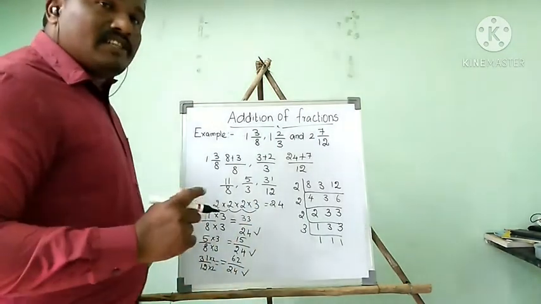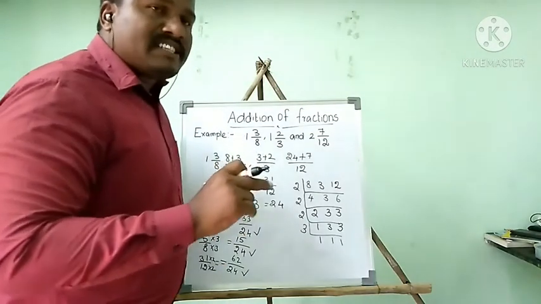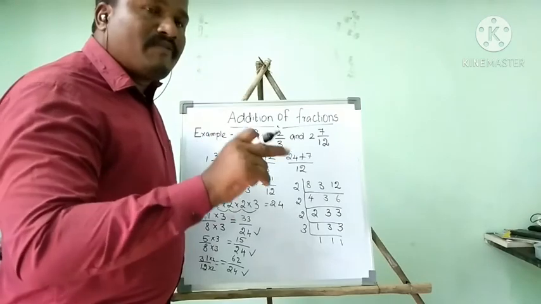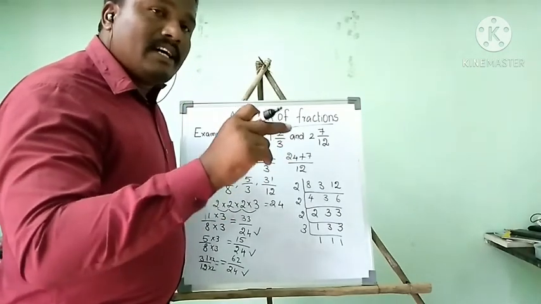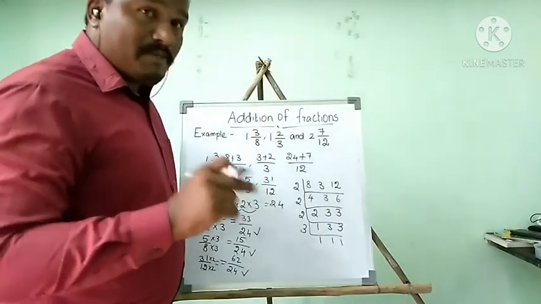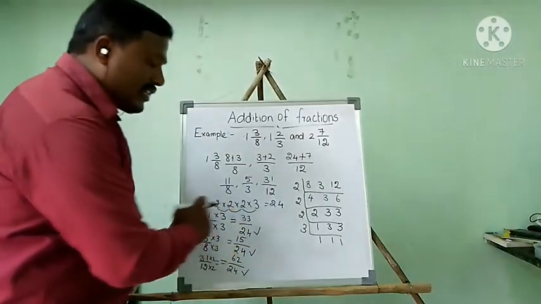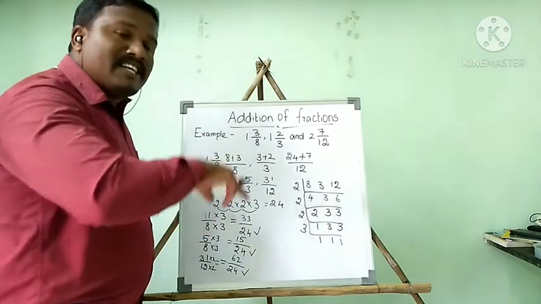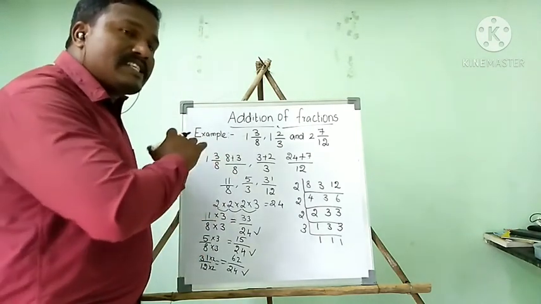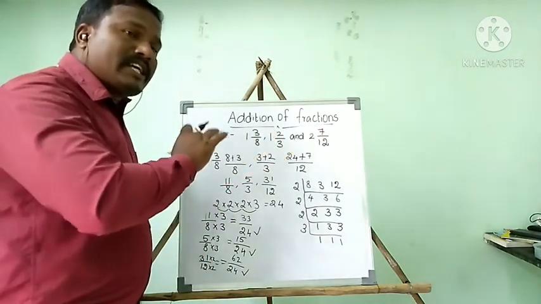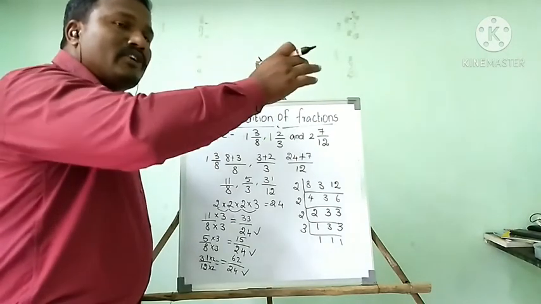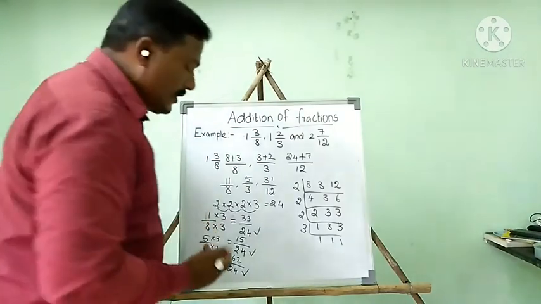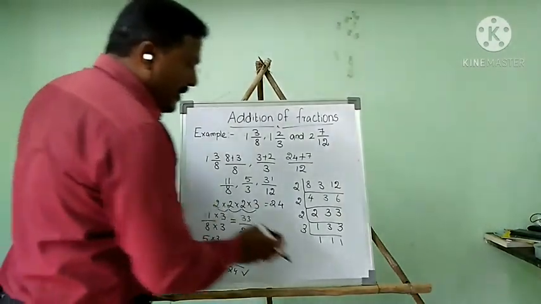As per the fraction rule, if the fractions' denominators are the same, the fraction with the higher numerator is higher. As per that rule, now I converted all the denominators to the same. Now we can add easily. I already told you in the previous sum, if the denominator is the same, we take the denominator and just add the numerators. Now we are going to use that method. Here there is no space, I will rub this.